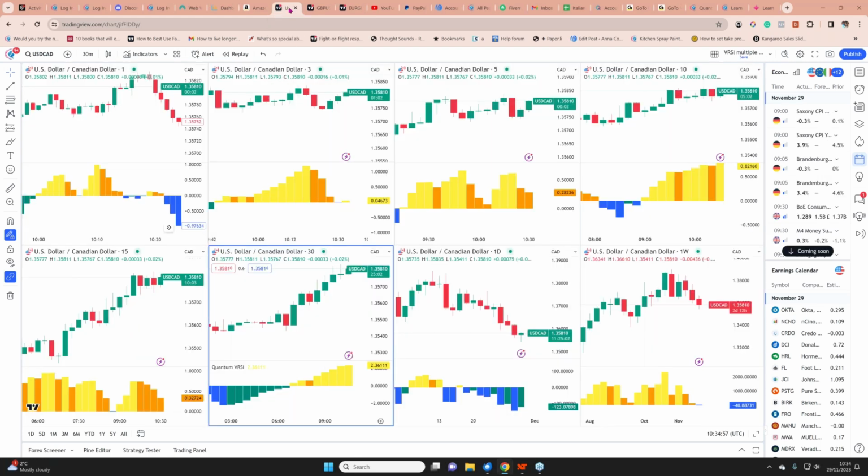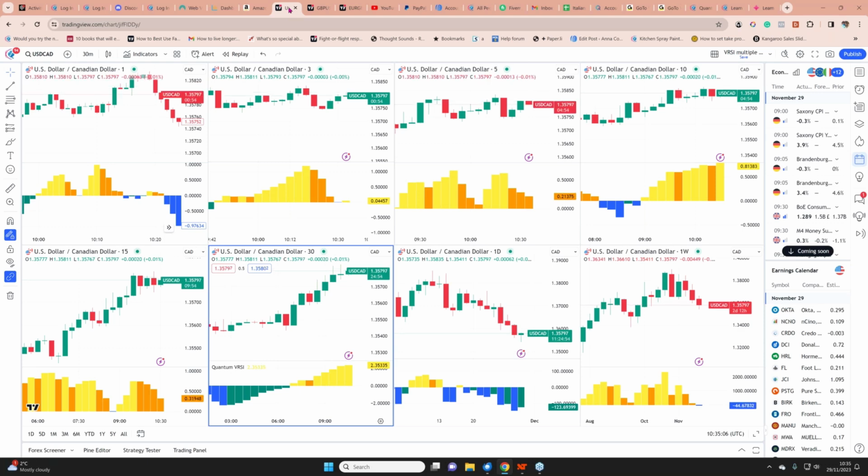Staying with the dollar CAD, and I've got 3 workspaces here. This is again multiple time frames on TradingView, and really what I wanted to highlight here was the whole business going back to the issue of multiple time frames, because when you look at the dollar CAD, this is on the daily. So in this array, we go from 1 minute top left, so the top line is 1 minute to 10 minute, and the bottom line is 50 minute, right the way down to the weekly. And at the moment, the pair has been bearish for a little while.